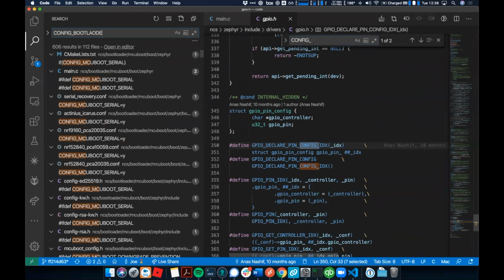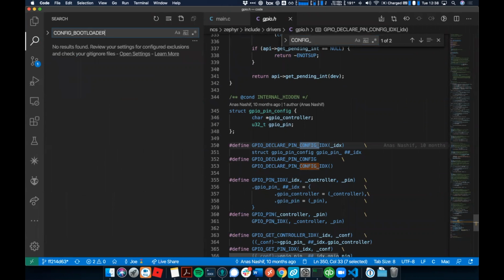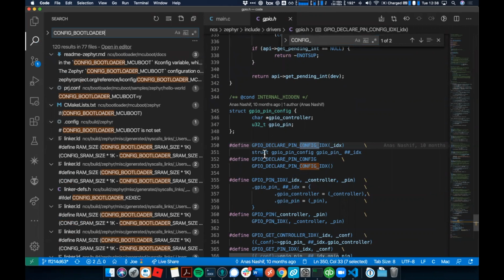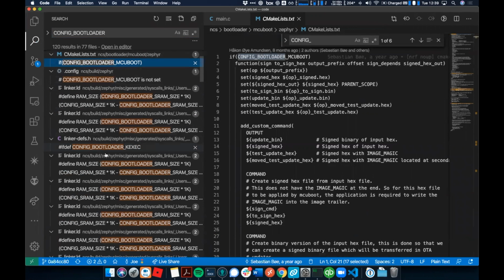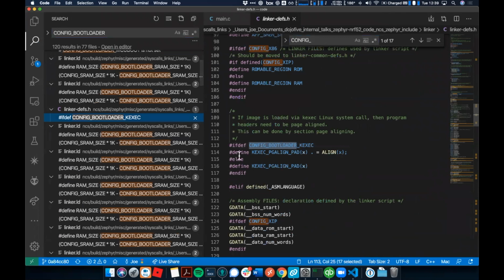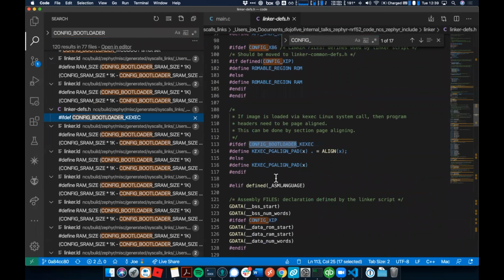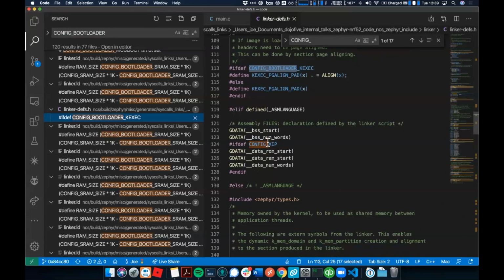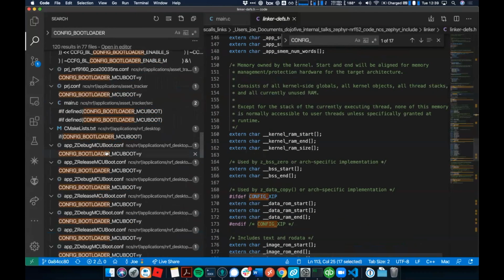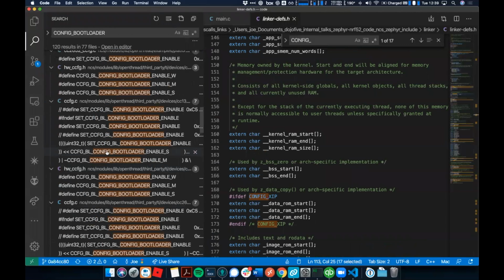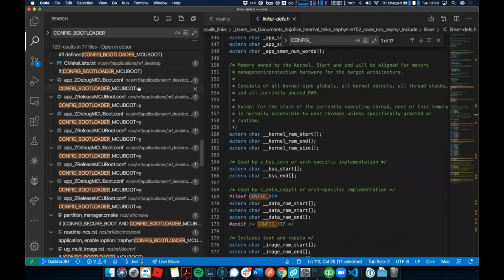bootloader, basically there's a set of defines all over the system that you'll find that start with CONFIG underscore. We'll find it in CMake lists. We'll find it in code, ifdef CONFIG_BOOTLOADER_KEXEC, whatever. There's also CONFIG_XIP, execute in place, a bunch of these different things that basically conditionally compile things in and out. And then these work in concert with